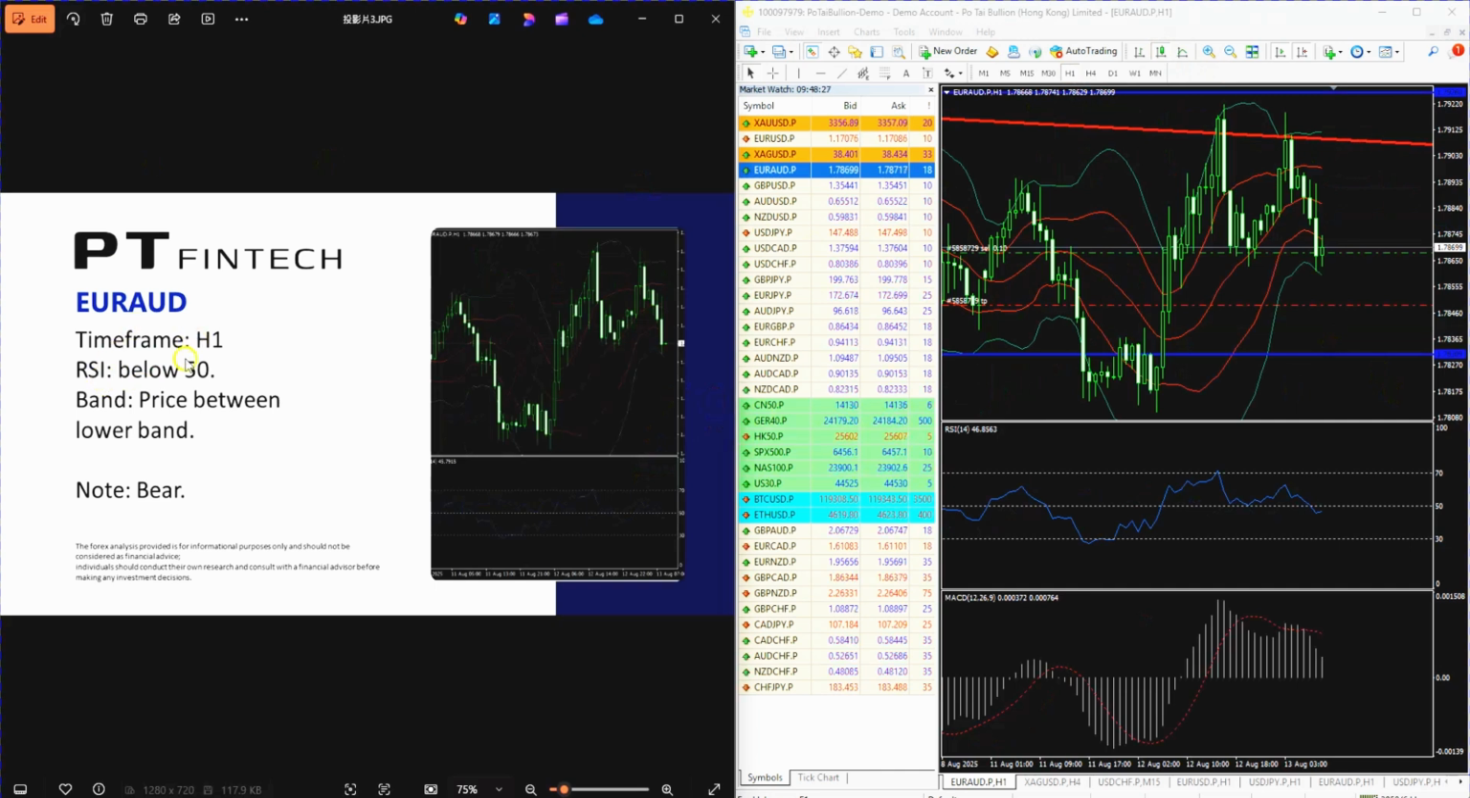On H1, RSI is below 50. It's really close to 50, it's 47, but it's below 50, so potentially more bearishness. Now, the dual Bollinger bands, prices are between the lower bands. Great. So with RSI being below 50 and the prices within the lower Bollinger bands, it's an indication of